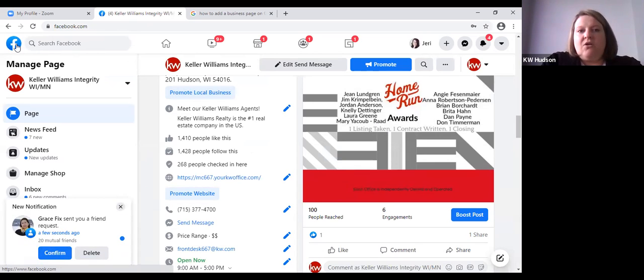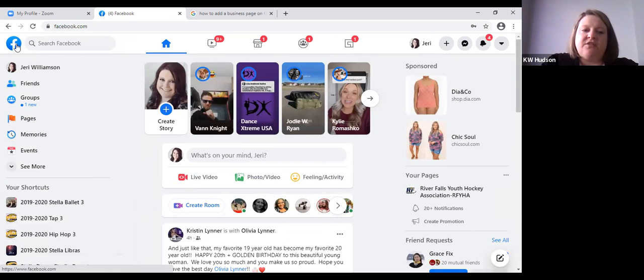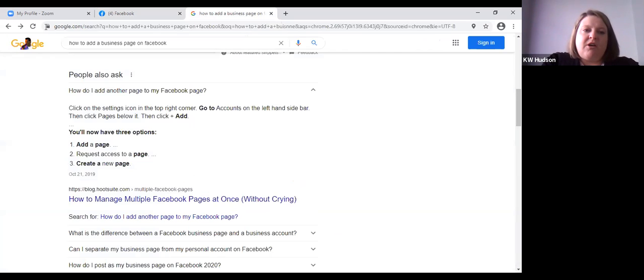So now you have your page, you've got it linked to your Facebook. This is all great stuff because now you've got the ability to separate your business from your personal. So now you're not trying to share your listings on your personal page and it's getting muddied in all that other stuff. So now the fun part is